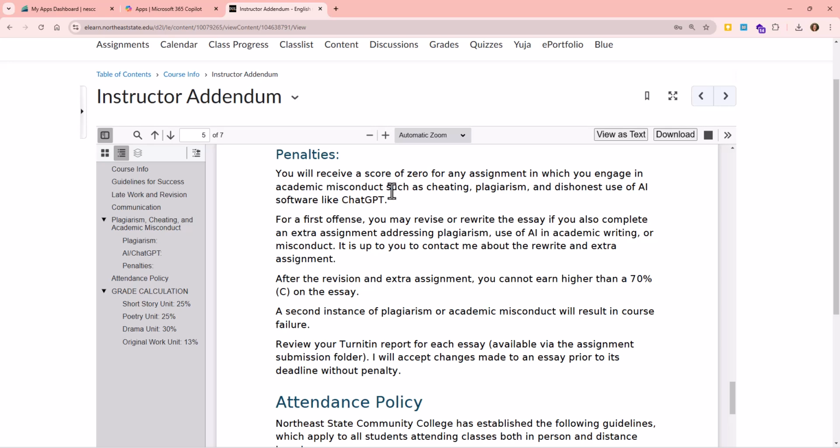You can always redo it, but it will be up to you to do that. So you'll just outright receive a 0. If there's a question about it, I won't grade it yet, and I'll reach out to you. But if it's very clear, then you're going to get a 0 at first. So don't be alarmed. You'll get a 0 for any assignment in which you engage in academic misconduct, such